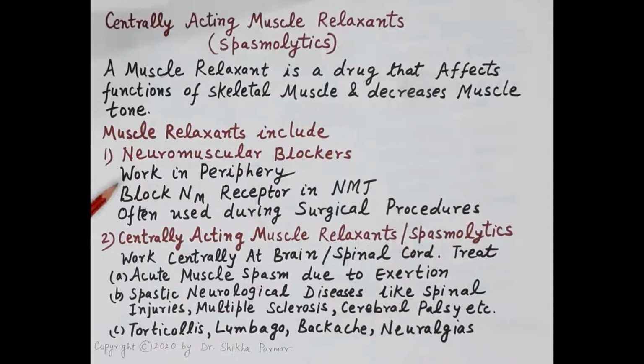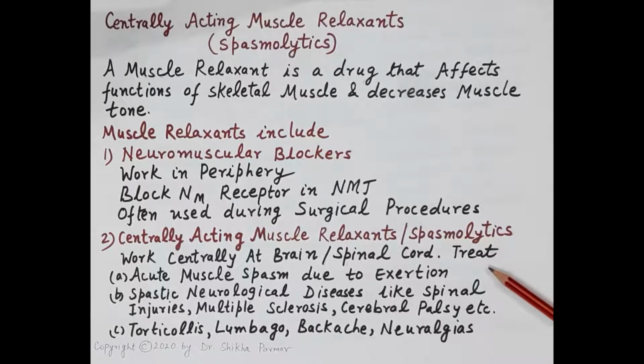The first type of muscle relaxants are the neuromuscular blockers. These work in the periphery. They block the nicotinic NM receptors in the neuromuscular junction, and by blocking these NM receptors, they inhibit the contraction of skeletal muscles. These neuromuscular blockers are often used during surgical procedures. The second category of muscle relaxants are the centrally acting muscle relaxants or the spasmolytics, which we are going to study